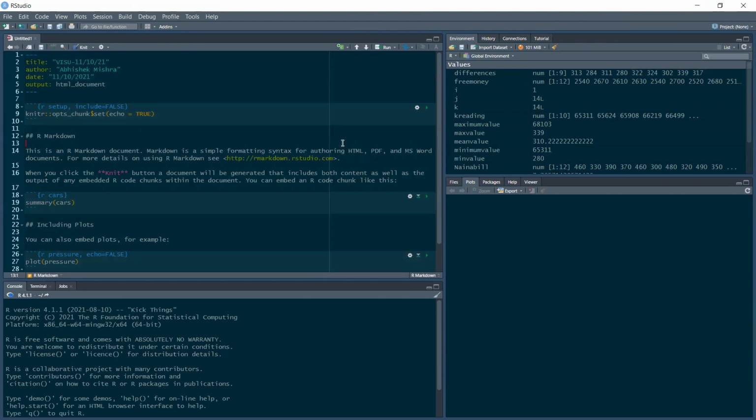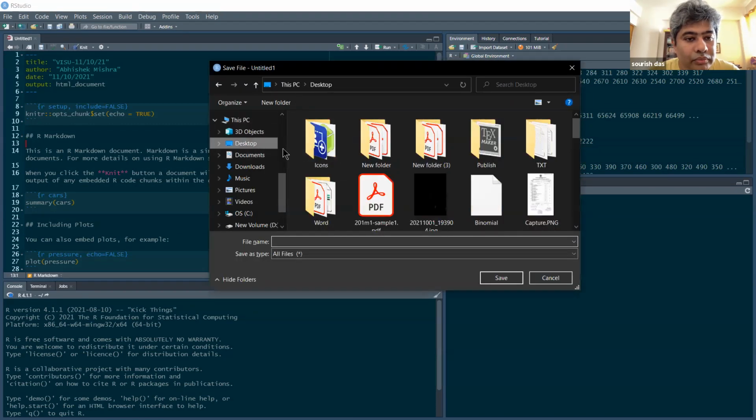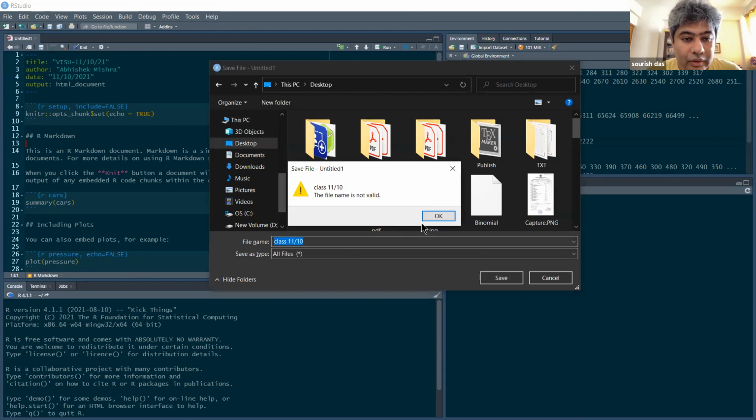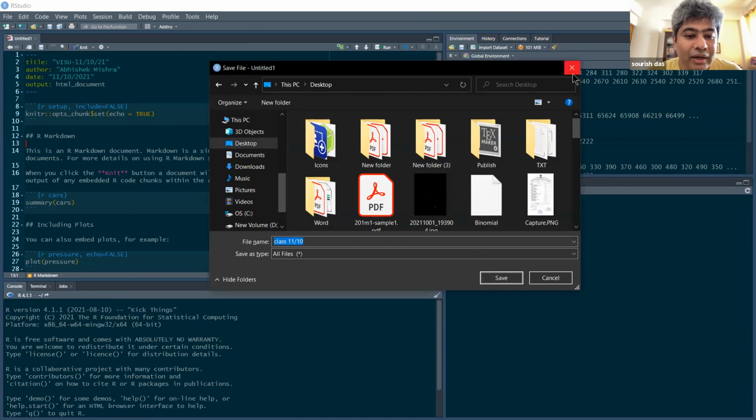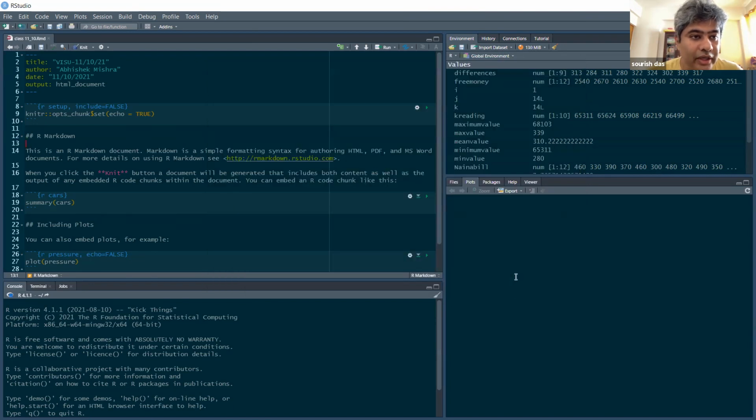You can save the file somewhere and name it something. You have to probably put 11 and maybe underscore 10 or something like that. Now I think it will be fine. Yes, so it will create an .Rmd file. You see, class 1110.Rmd file, right?